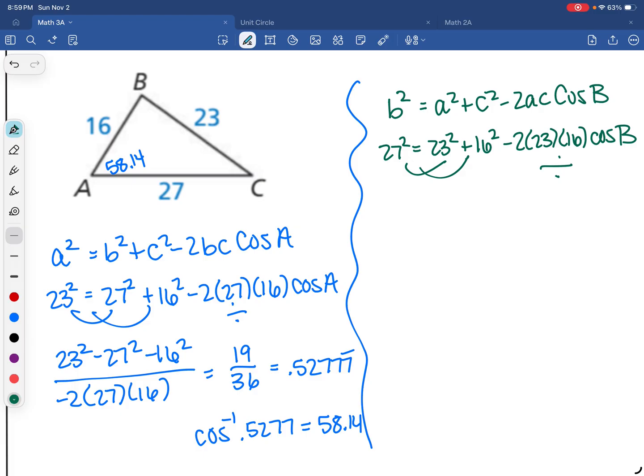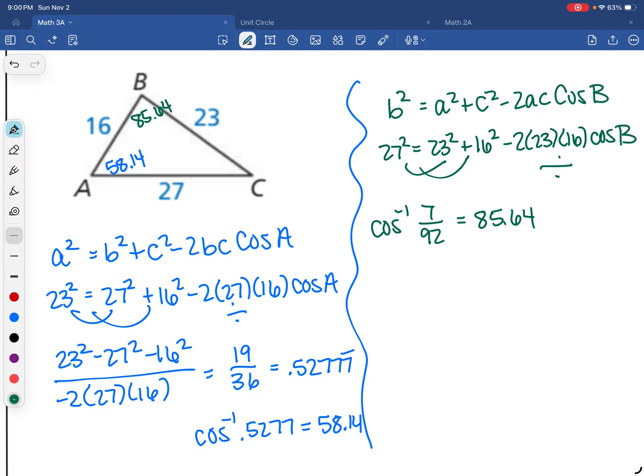Let's see. Okay, so 27 squared minus 23 squared minus 16 squared all over -2 times 23 times 16. Okay, and it gave me 7 over 92. We can take cosine -1 of that. Let's just do that. And we get 85.64. Yeah, we'll round it to 85.64. So that's angle B,